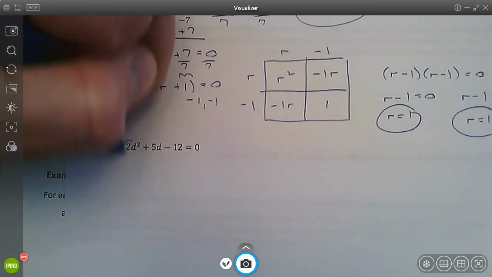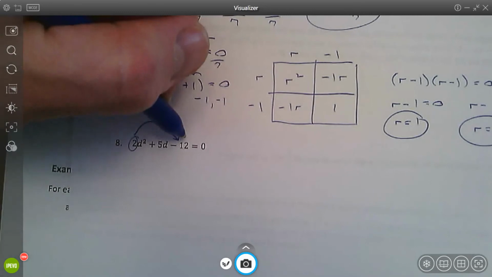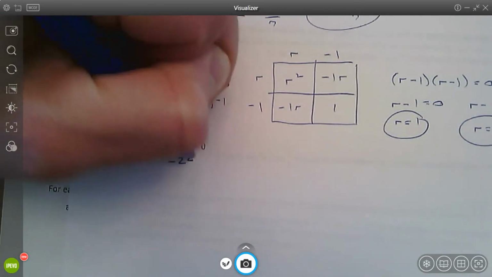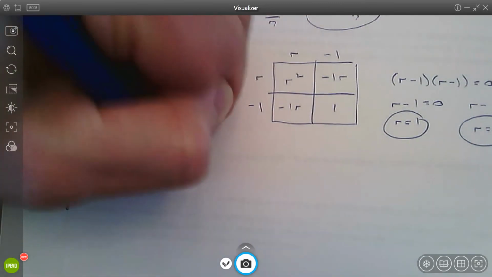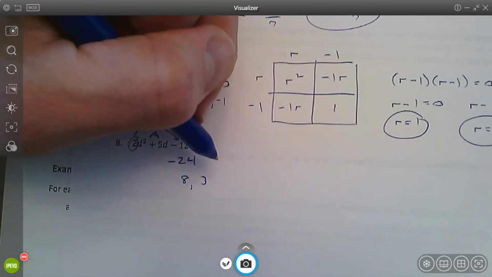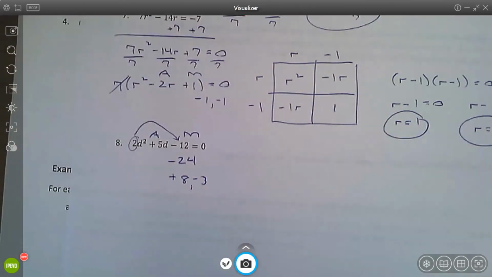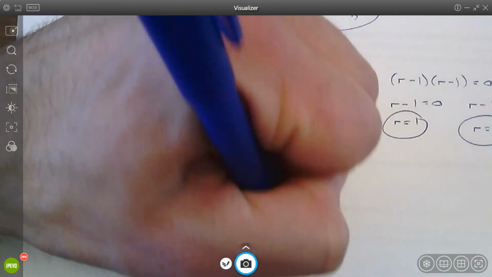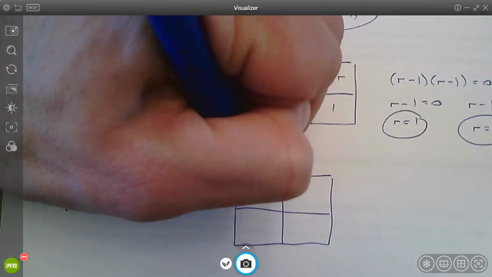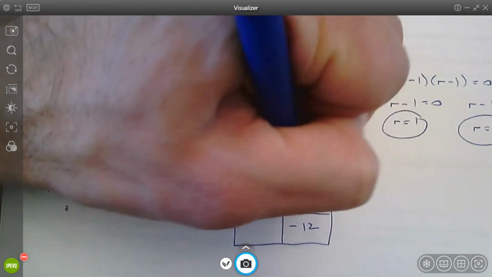So I need to use the method that we learned about last week. I need to do 2 times negative 12, negative 24. So I need numbers that add to 5, multiply to negative 24. So my numbers are going to be 8 and 3. Since they have to add to a positive 5, it's positive 8 and negative 3. So I'm going to have 2d squared minus 12 minus